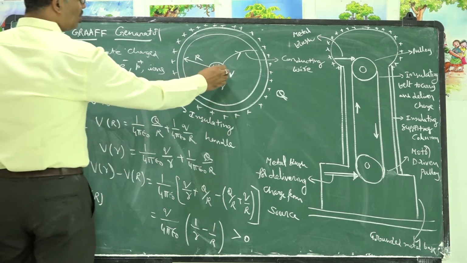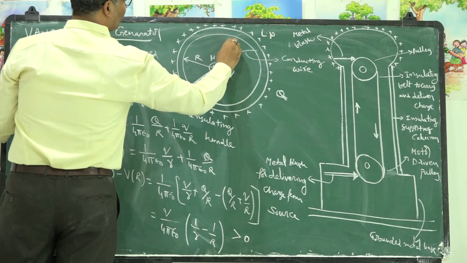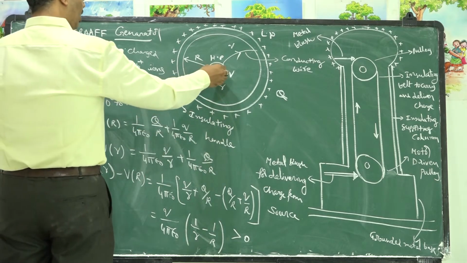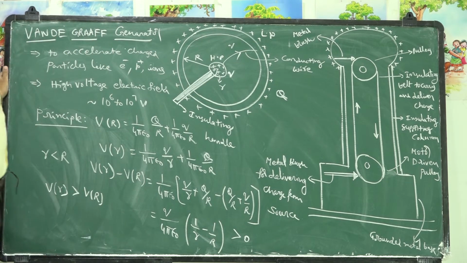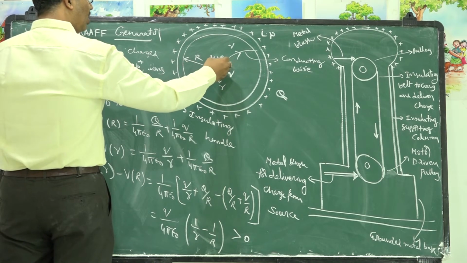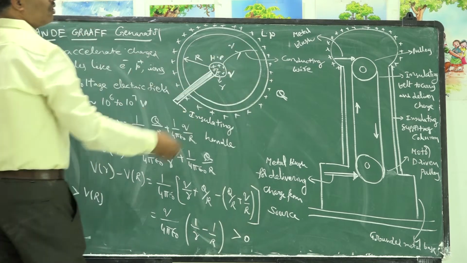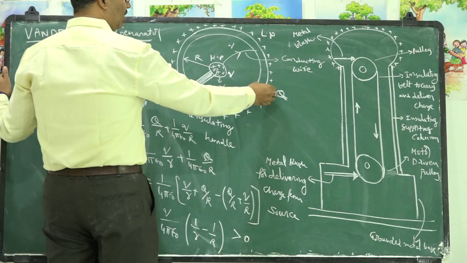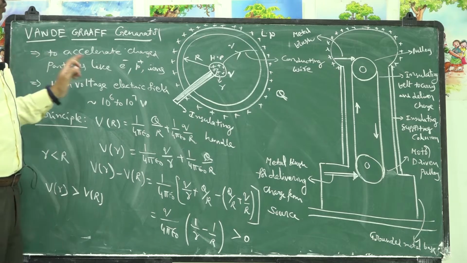So, as the smaller sphere is at high potential and the outer shell is at low potential, charge gets transferred from high potential to low potential. Whatever charge you are introducing here is getting transferred onto the outer shell to provide a common potential. In this way, if you are continuously generating charge here, providing high potential here, the charge transfers from the high potential zone to the low potential zone, the charge is getting accumulated on the outer sphere and the potential on the outer sphere keeps on increasing. So, whatever high potential you want, you can generate.